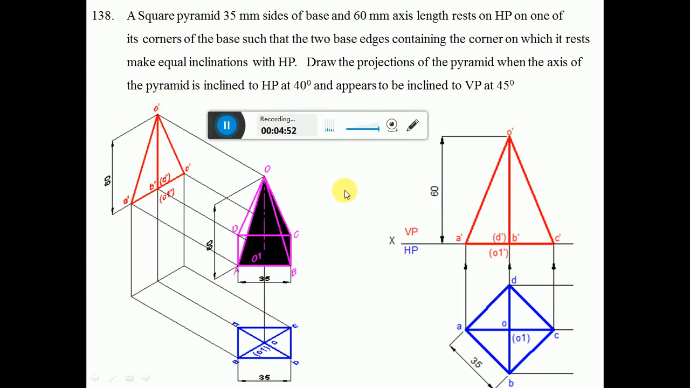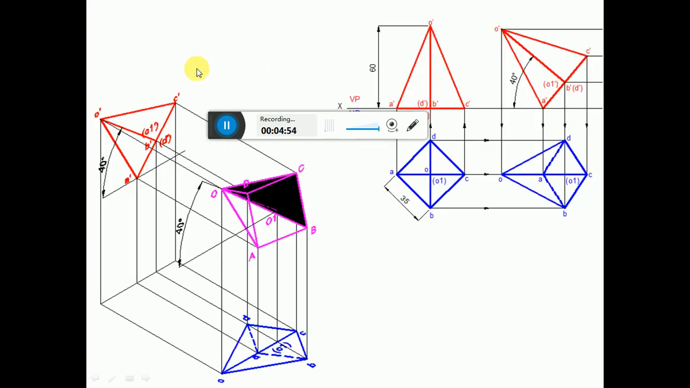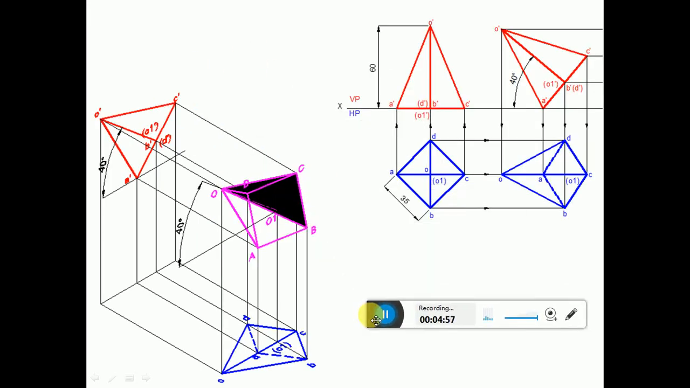Since the axis is inclined at 40 degrees to HP, now you can see here in the second position. Since it is resting on one of its corners, A dash is the corner which is resting on HP. Either you can rest on A dash or we can rest on C dash. If you rest on C dash, then you have to rotate clockwise. If you rest on A dash, then you have to rotate anti-clockwise. So that means it is rotated to the left side. So here, since the axis is inclined to HP at 40 degrees, the base has to incline at 50